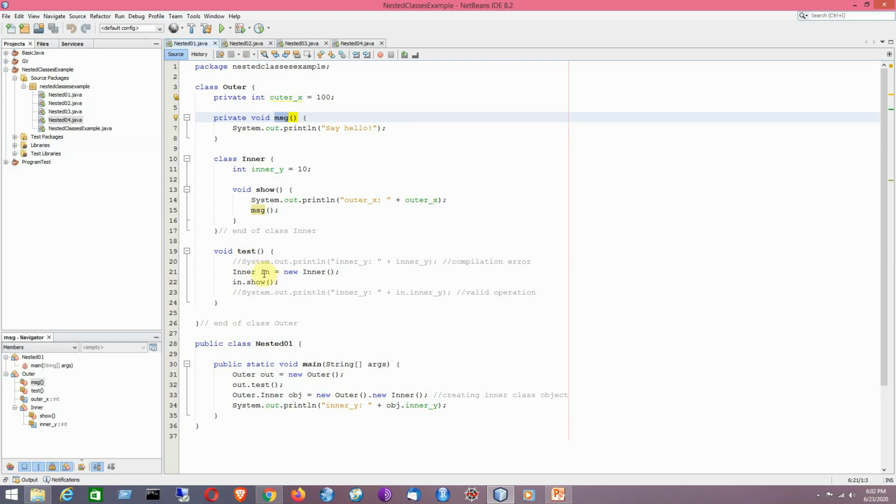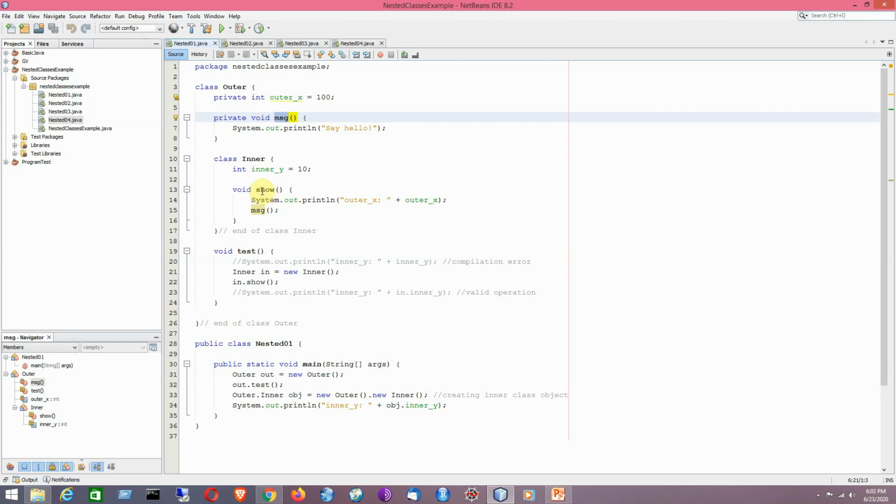So it is pointed to by the reference in. So by using in dot show, I can call its method, which is basically a part of the inner class.